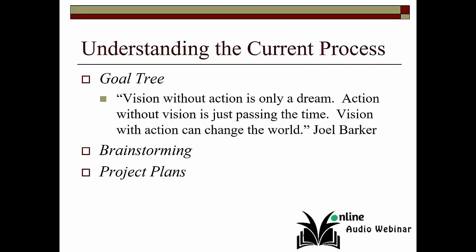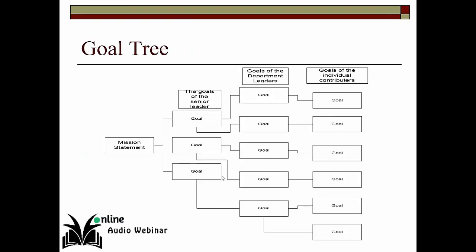All right, so understanding the current process, from a goal tree perspective. Once you know where you're going and where the organization is going, then you start thinking about how you look at your current processes and make sure that they're in alignment with where the organization is going. So here is the goal tree. It's kind of a picture view of it. Again, it should be in alignment, right? As an organization, you should make sure that you're aligning to the work here